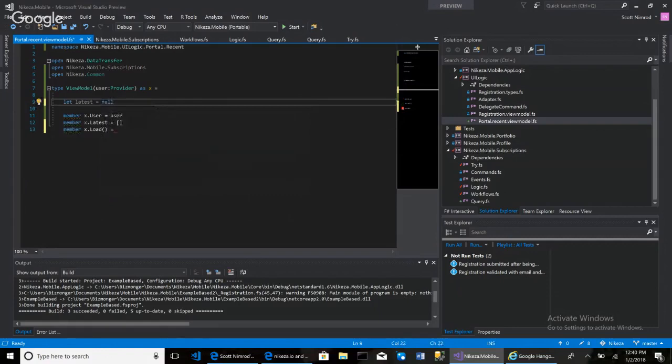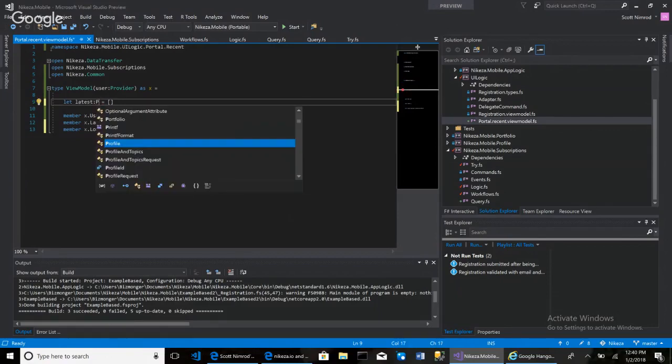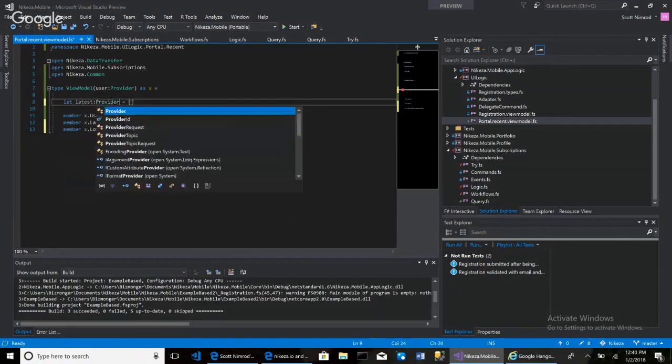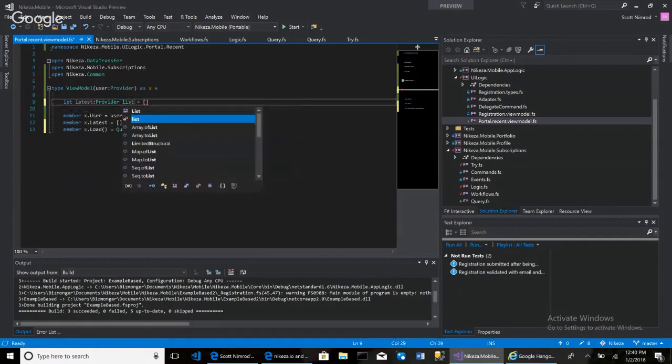Yes, I know that's bad, but I just want to put this code over here. Our load is going to basically, the latest is ultimately going to be a list, okay? It's going to be a list of providers, something like that, okay? Now, when we load,